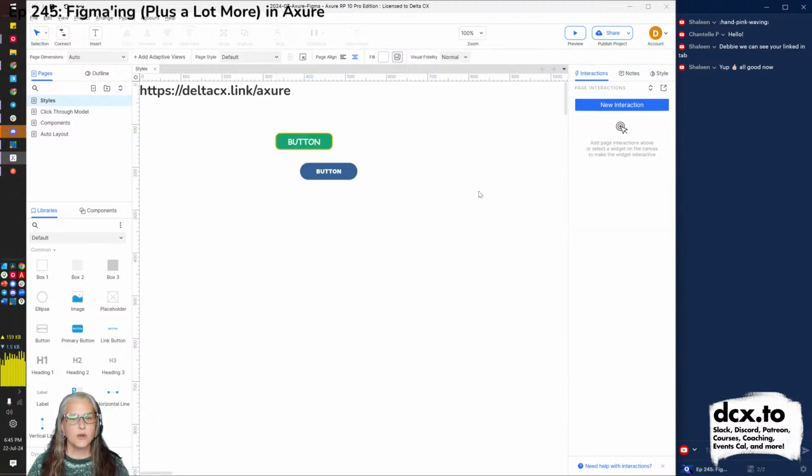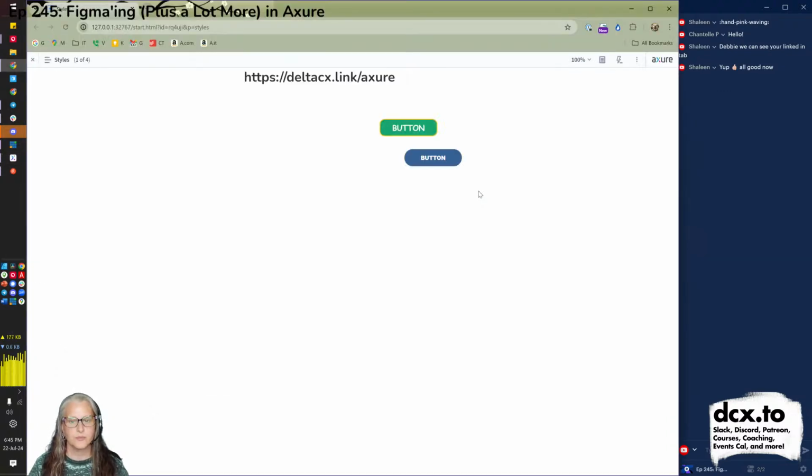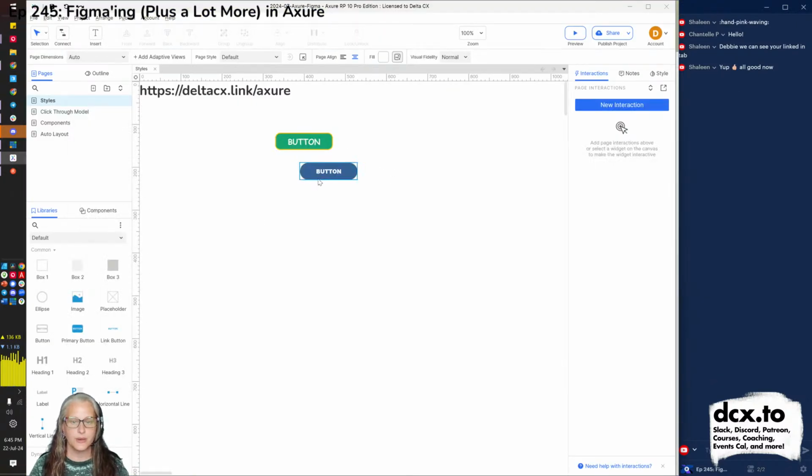Okay, so if we want to preview this, I've got this screen ready to go. And now when I hover, I get the Deb button. Now notice two things. Notice the font is bigger and the outline is yellow. Why? Because the style from the green button overrides what's in here if we don't give it a specific instruction. So for example, there was no specific instruction in the style for the outline or the font size. So it inherits that outline and font size. Let me show you what I mean.